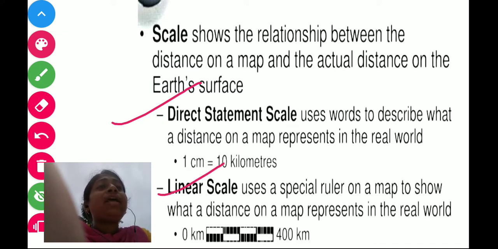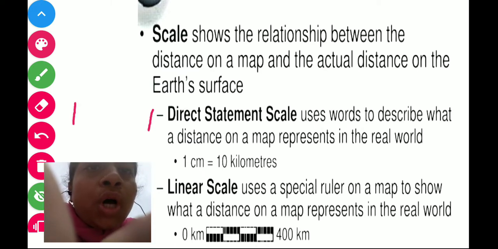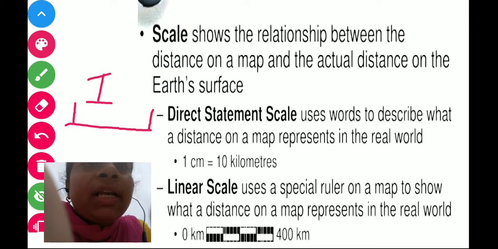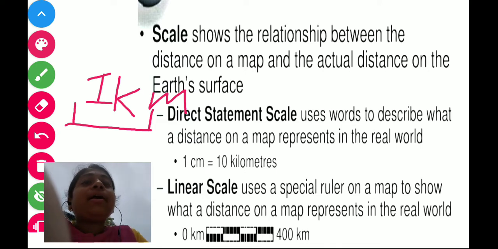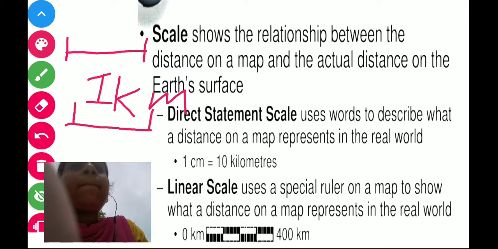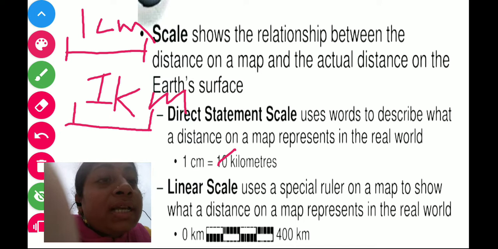Direct statement scale: if the actual distance between two places on the ground is 1 kilometer, and the distance between the same two places on the map is 1 centimeter, then we can say that 1 kilometer on the ground is represented by 1 centimeter on the map.